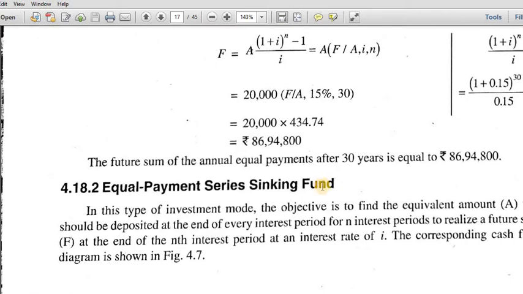Sinking fund. Sinking fund means what? Every year I will pay a certain amount, so that after a number of years, when the equipment is gone and not in working condition, I'll get some money, because every year I'm paying a certain amount of money to the bank. From that I'll receive some revenue, and I'll use that revenue to buy the next one. So no changes in the formula. Same concept, same mathematical function.